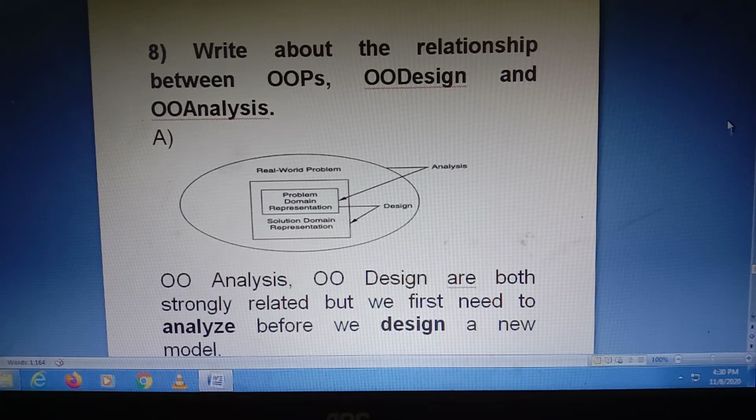In general, analysis means complete explanation of the problem. Suppose a problem is given, what we have to implement in that problem is discussed by the analysis. After analysis is over, then we can go for design. So what is design? For the problem explained by the analysis, we are giving a solution in the form of diagrams, whether it be a UML diagram, ER diagram, whatever it may be. That is called design. After that, we can go for appropriate software.